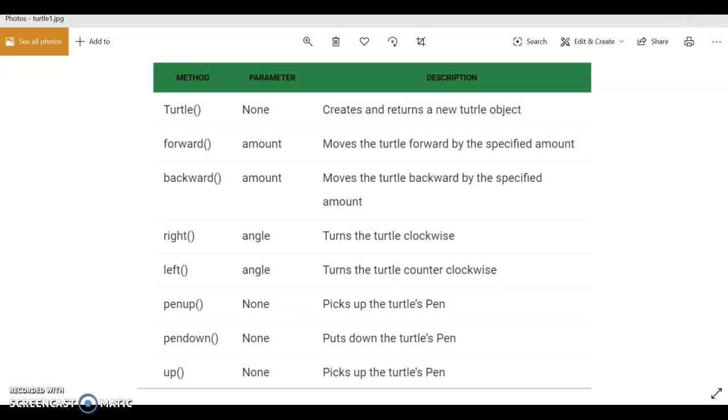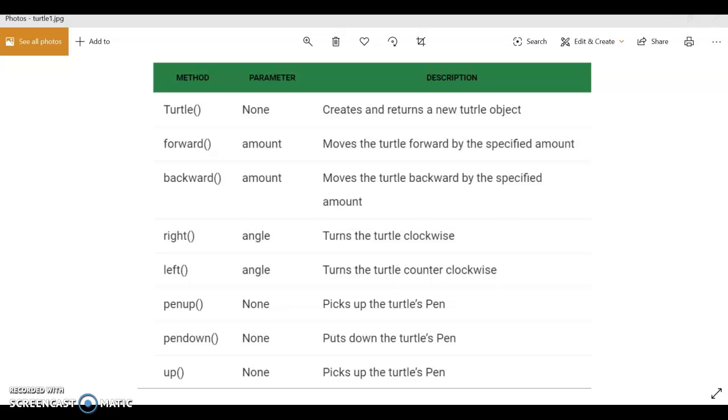Turtle reminds us of a childhood story. Do you know what it is? Yeah, the story of the rabbit and the turtle. And do you remember the moral of that story? Yeah, slow and steady wins the race. That's why we are learning about turtle, not rabbit, because the rabbit is a loser. So get to the point, guys. Let me tell you about turtle.